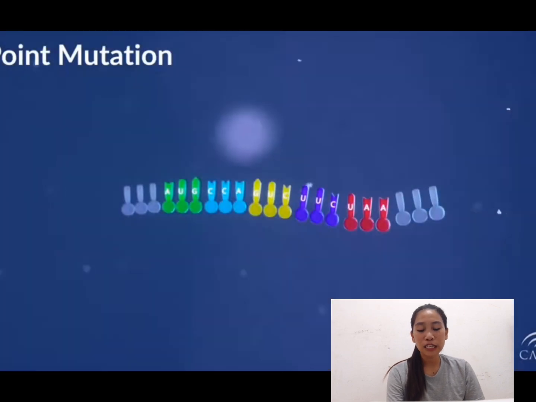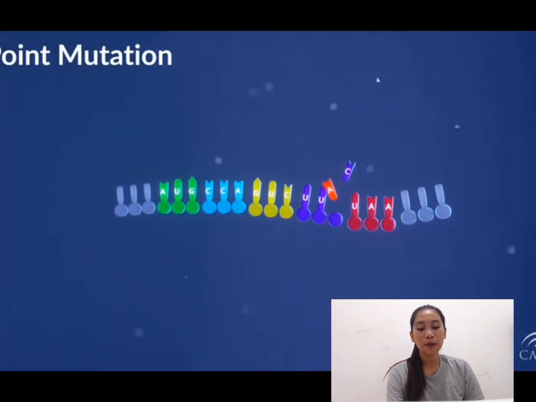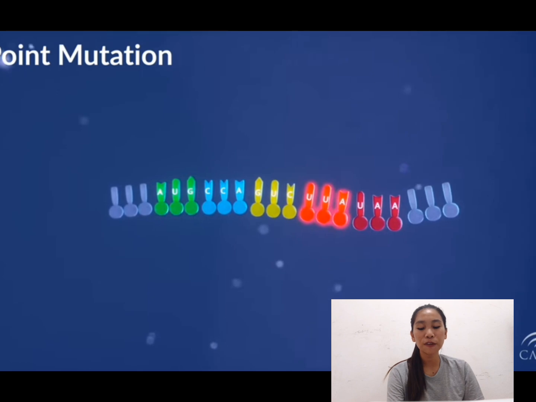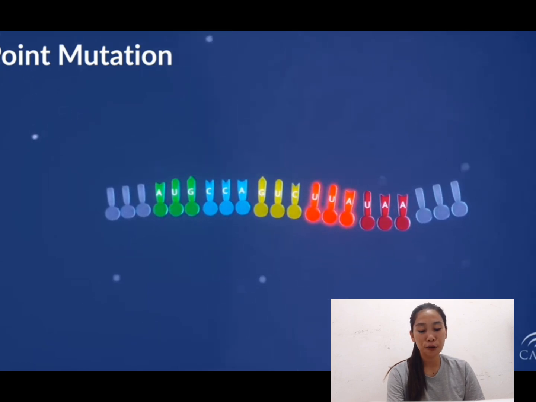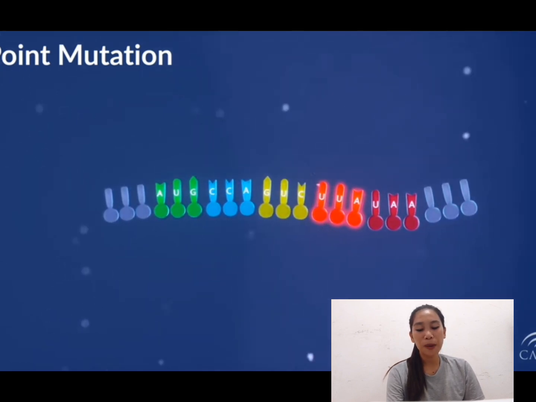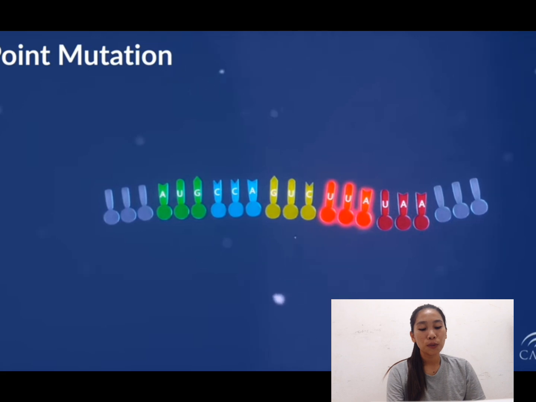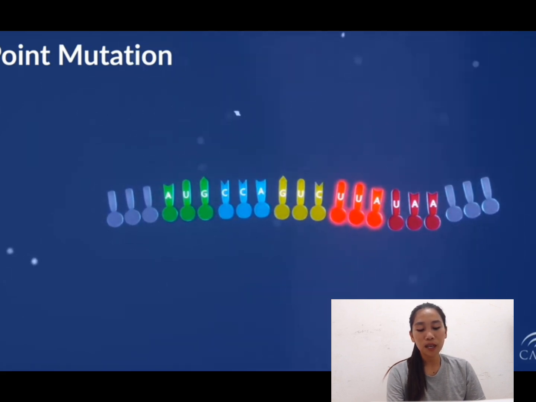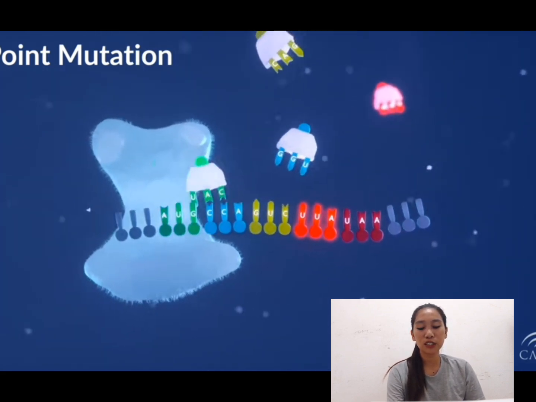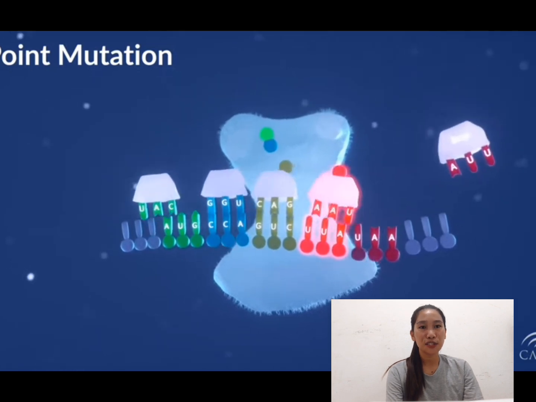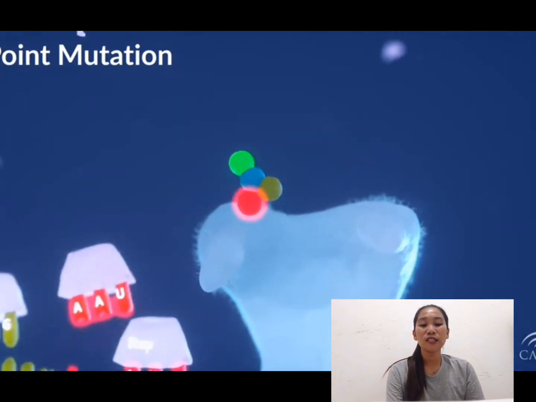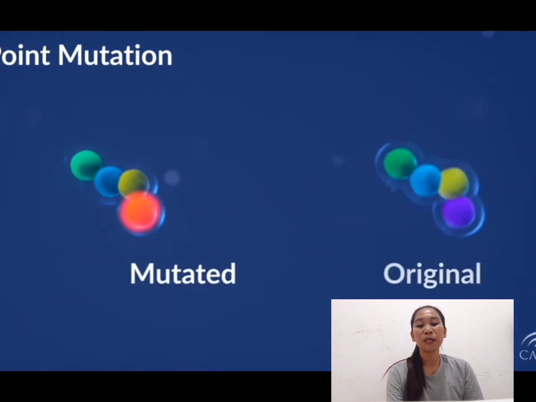A point mutation is where one of the three bases is replaced with a different base. Sometimes these mutations have minimal effect, but other times they can significantly alter the structure of the protein, depending on how different the new amino acid is from the original. The new base may also alter the protein by creating a stop signal too early in the amino acid chain. Mutations like this often render the protein completely ineffective.